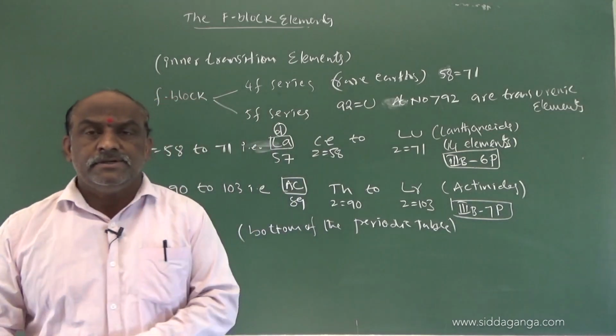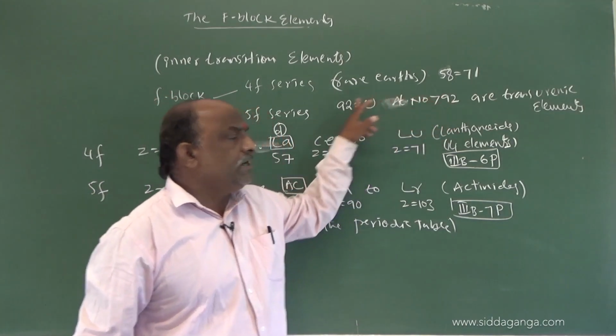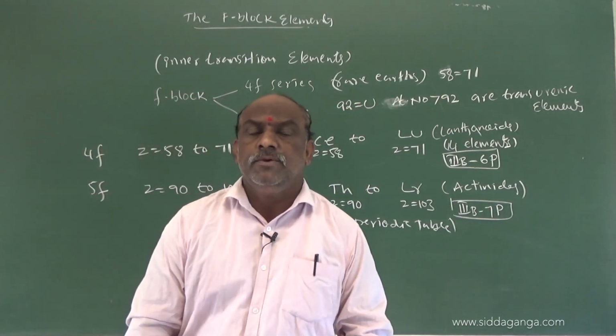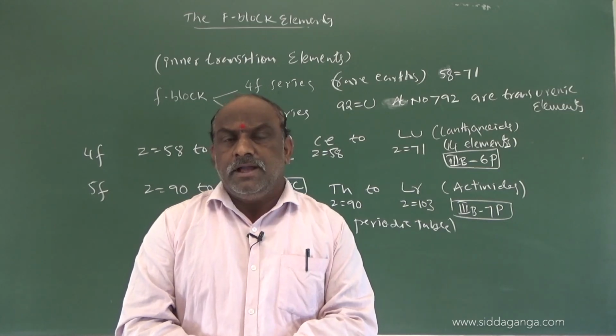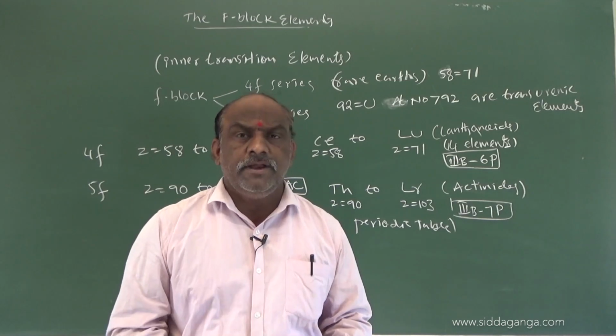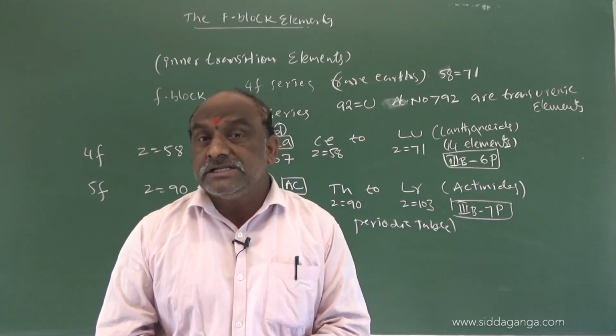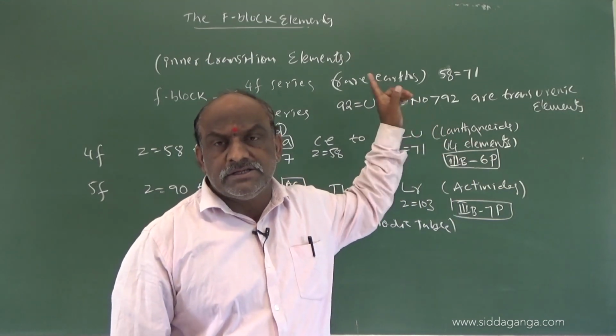Transuranic elements have atomic number Z greater than or equal to 92. What is 92? Atomic number 92 is uranium. After 92, the remaining elements are said to be transuranic elements, and the lanthanides, 14 elements, are said to be